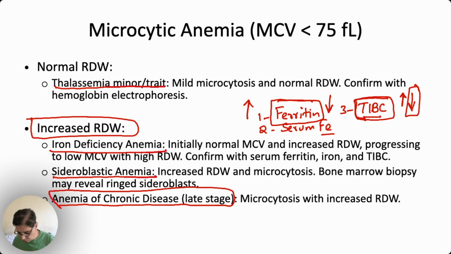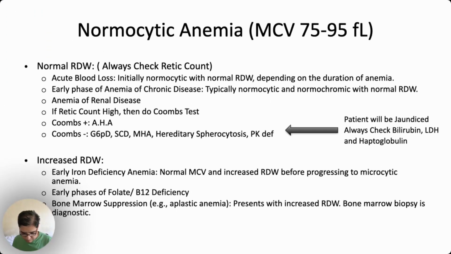Now coming to normocytic anemias. Again, normocytic anemias are more tricky because they can be caused by a problem in production or a problem with consumption as well. So first, if you've got normocytic anemia, again you look at the red cell distribution width, either it is increased or normal. So if it is normal, let's say,